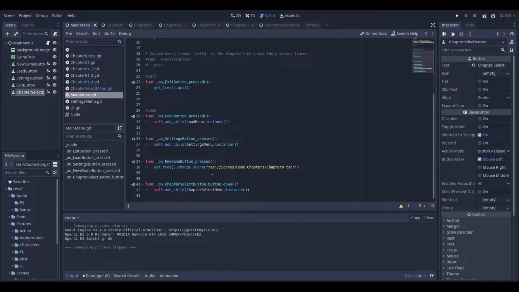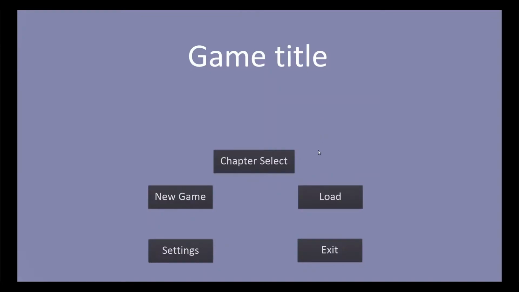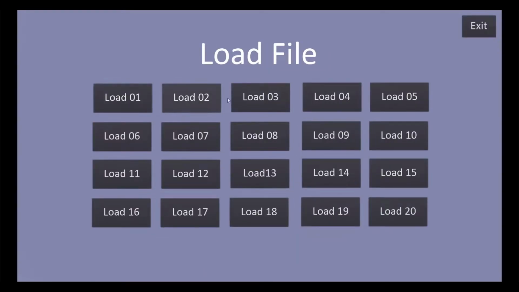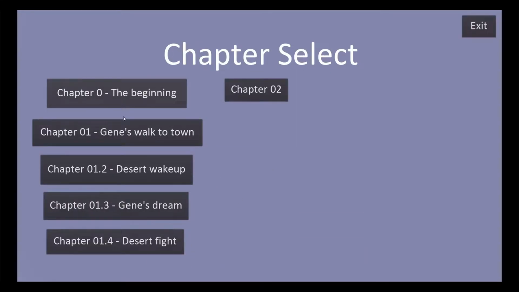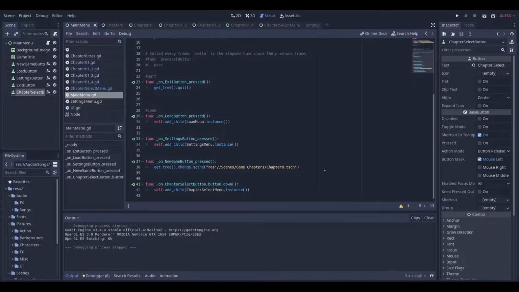The new game button uses get_tree().change_scene. You can also use something else, like get scene or something, I don't know, I think there's another one. This is how you switch to different scenes. So if we run it, load, I haven't got the saving working yet, but here we go. You click out, settings, you click out, chapter select. This one does not work yet. Exit, of course, is just